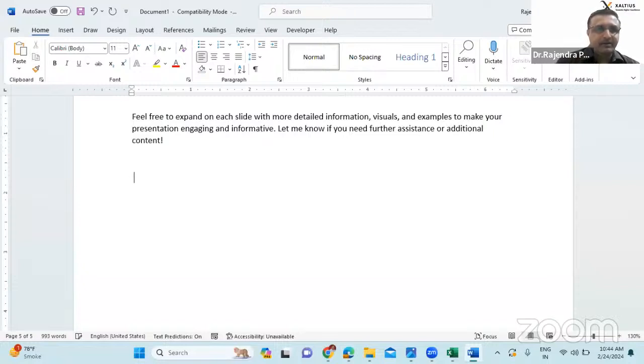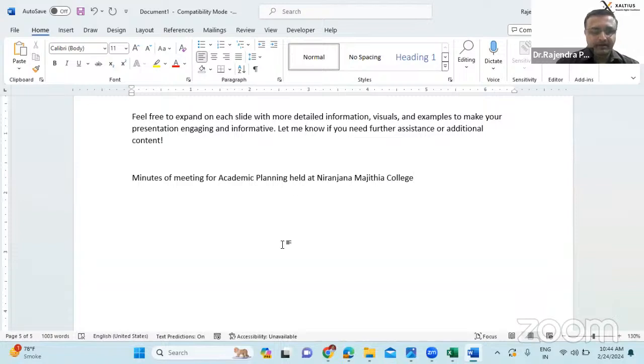I will ask, minutes of meeting for academic planning held at Niranjana Majithia College, held at boardroom of Niranjana Majithia on, at 11 a.m., 24th February 2024.